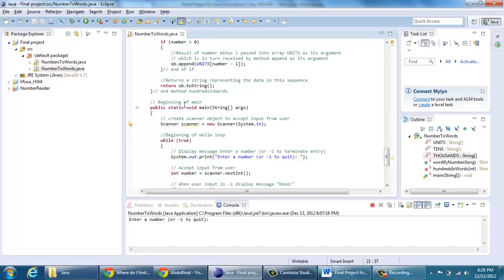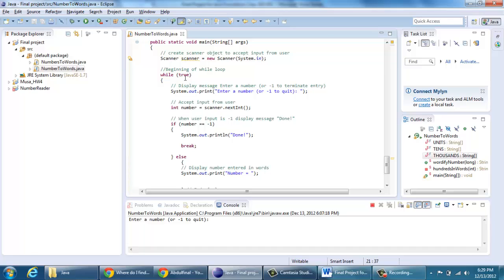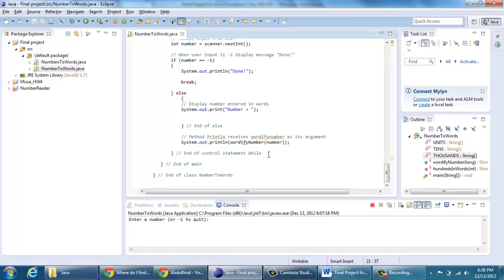This is our main, and it contains the creation of a new object, the object scanner of the class Scanner, to be able to accept input from the user. We use this while loop that we talked about in the pseudocode so as to be able to print out different messages depending on what the user enters. So if the user enters a negative value or a positive value, it would be able to display number equals. Otherwise, if the user enters the sentinel literal value -1, you simply quit the program. And of course, this famous expression that accepts the input from the user. Then, to be able to do that, System.out.println receives as its argument the famous wordify number method